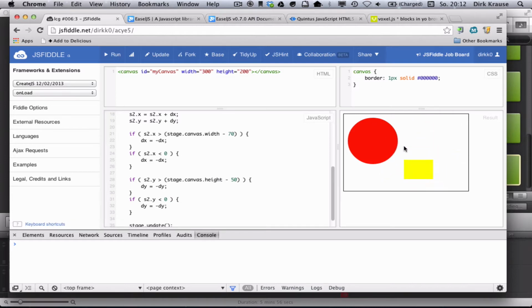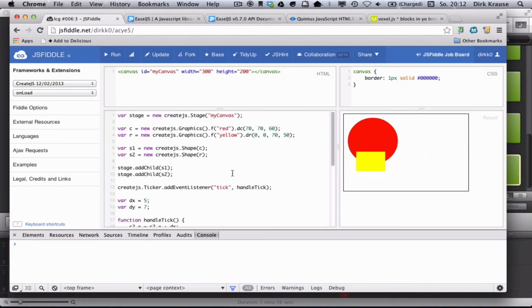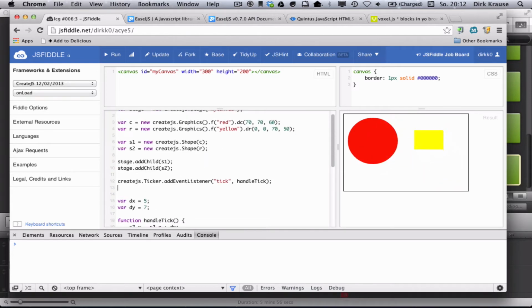I think this could be a little bit smoother, so we can make the frame rate higher, like we add something to the ticker, which is set interval is, I don't remember exactly, but set frames per second does mean that we have 40 frames per second. And if we run this again, we see that this is a lot smoother. But it's probably something that has to do with the performance of the browser and the computer in general. I don't know how well this works on mobile devices. So then again, this is moving nicely. So if we make it less hectic,